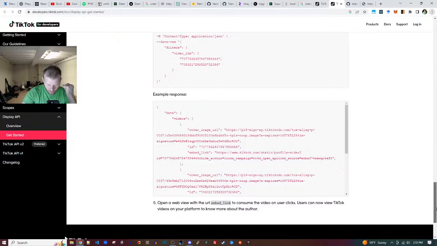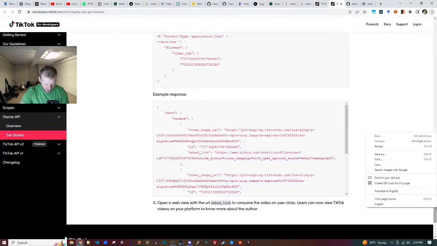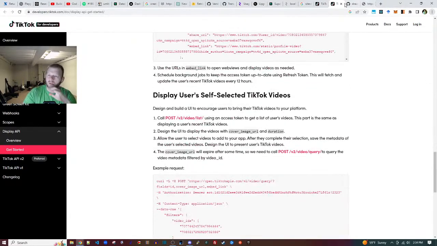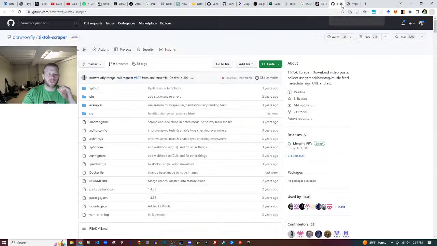Would need a mobile automation script. I don't think web scraping TikTok comments is possible even with Selenium. Leslie says, hello, TikTok doesn't have an official API, I don't think. Well, this is the official API, right? Maybe Puppeteer. I'm really not interested in doing a scraper. I would rather eliminate this option than use a scraper.